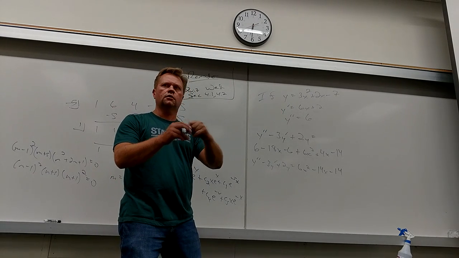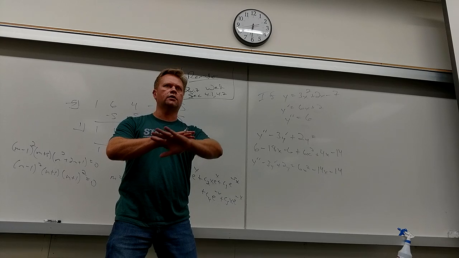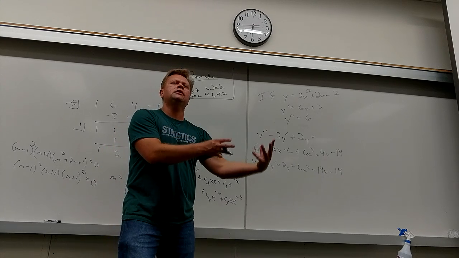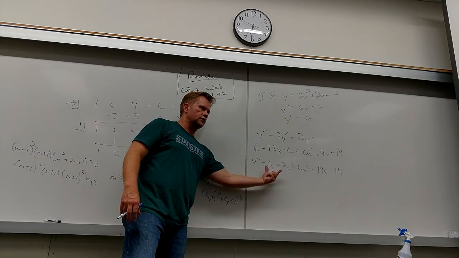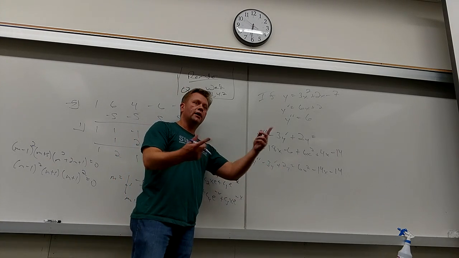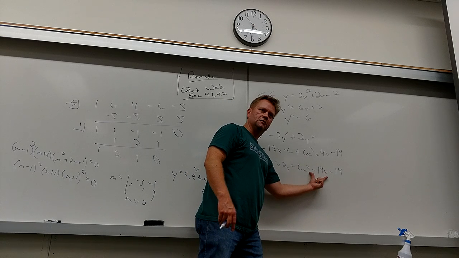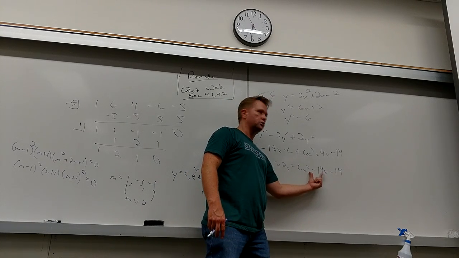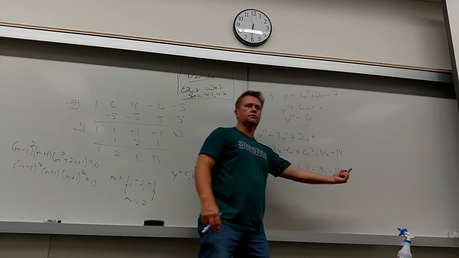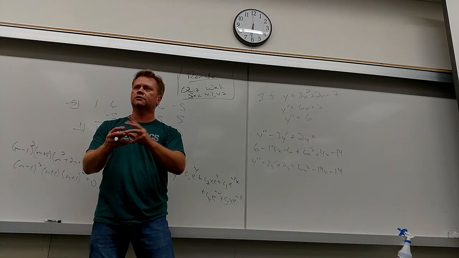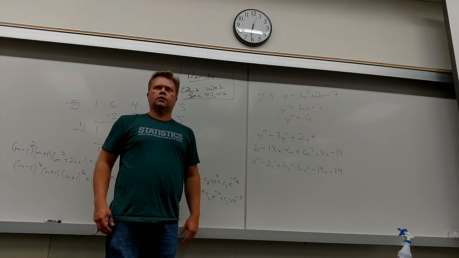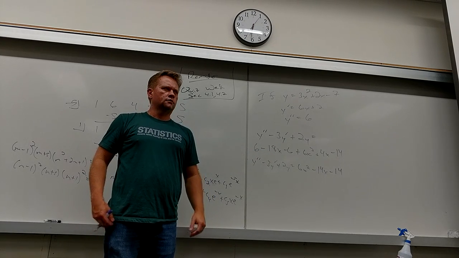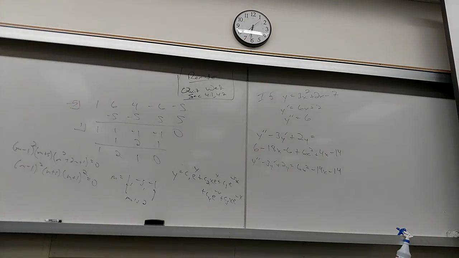The yc complementary stuff, because they are not going to screw with the yp's that we get. Remember that whole discussion? A part of the answer to this will be everything that makes it 0 plus whatever makes it this. Because the parts that make it 0 will not screw with this. That's a beautiful idea. So the first step is always to look at the associated homogeneous, right? But now the new step